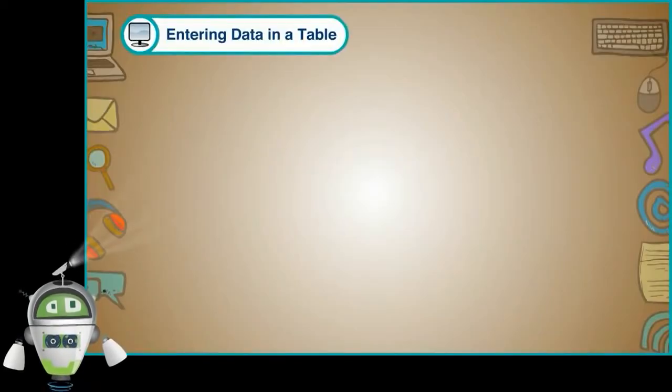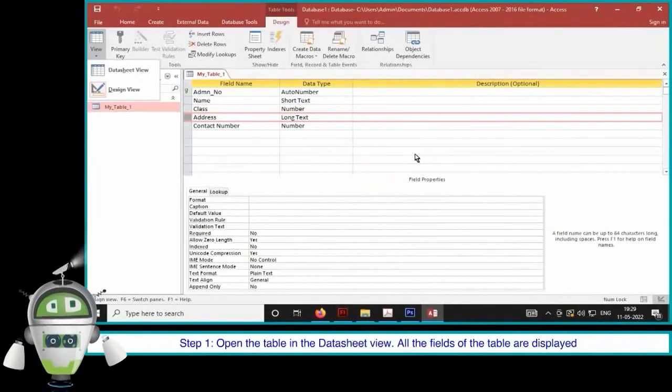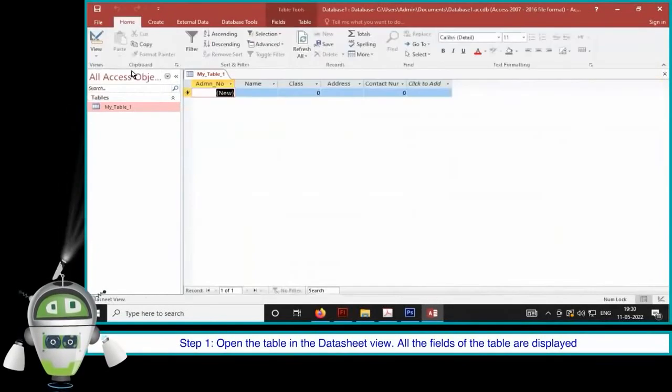Entering data in a table. Once we have defined the structure of the table, we can start adding the records in the table. To add records, the steps are as follows. Step 1. Open the table in Datasheet view. All the fields of the table are displayed in the Datasheet view, which looks similar to an Excel